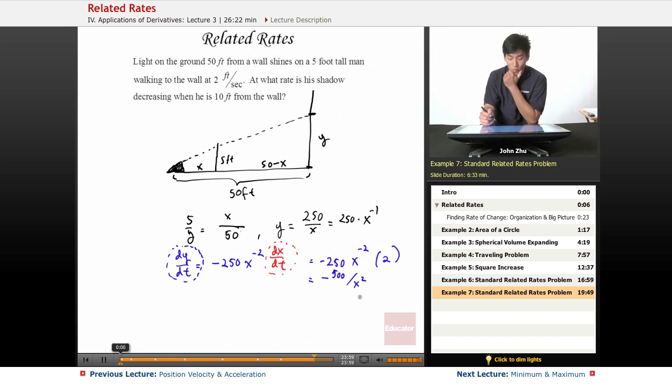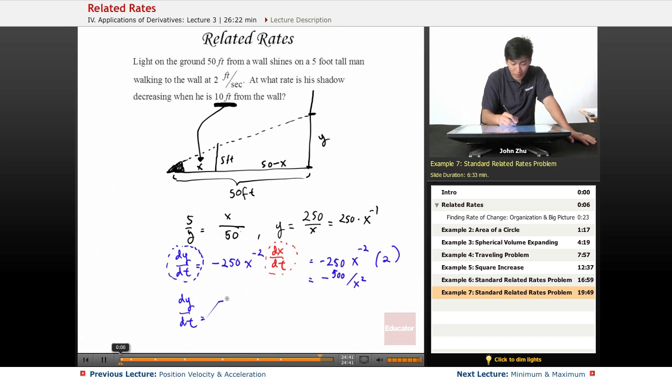So what is x? To solve for x, when he is 10 feet from the wall, what rate is his shadow decreasing? Well, at 10 feet, here's your hint. This is your x. They're always going to give you either what you need to solve the problem or enough information to help you solve for what you need. So here they're giving you 10 feet, which is x. So let's solve for dy dt equals negative 500 over 10 squared, which equals